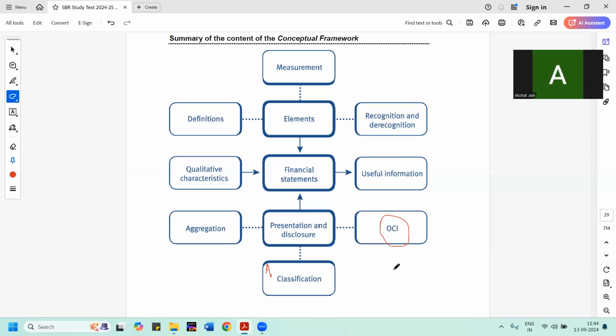That is when I would include it in my OCI, other comprehensive income. Not necessarily that I'm receiving cash flows for that particular income though. But yeah, still, if you think about it from the mind of an accountant, it is a momentary gain. It is a gain to the company.